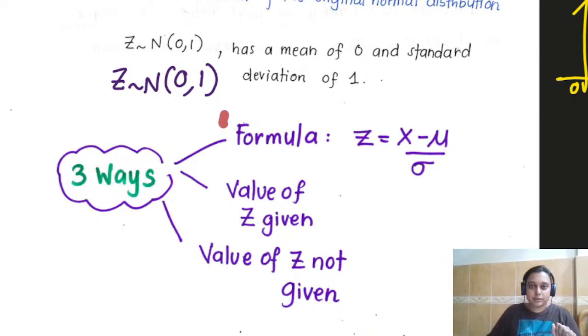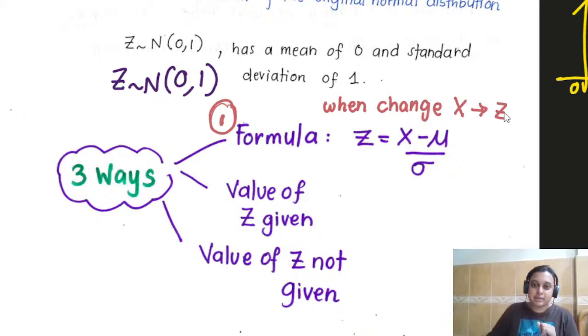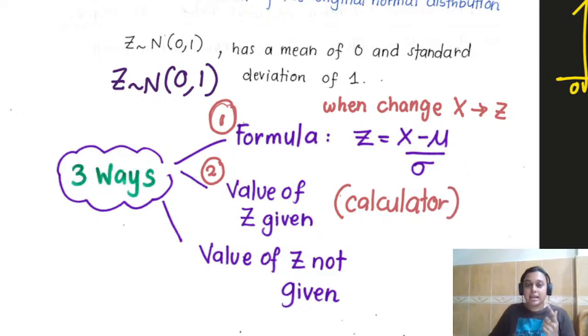The first one is we are using the formula, Z. Why do we use this formula? When do we use this formula? When we change x to z, then we use the formula. The second type of question: when the z value is given, we use the calculator to solve. We will use the calculator if the value of Z is given. The third type of question is if the value of Z is not given,